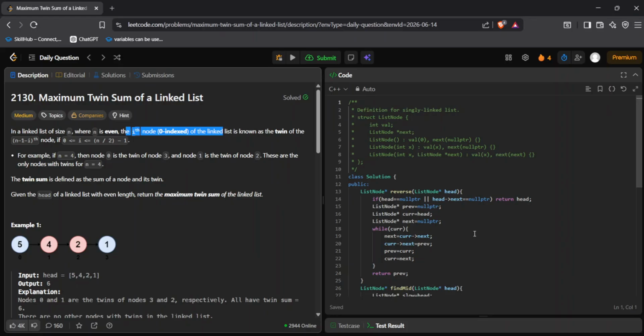Hello friends, today I am going to solve the LeetCode problem of the day for 15 June. The problem states: we are given a linked list of size n, where n is an even integer, and the ith node of the linked list is known as the twin of the (n minus 1 minus i)th node,